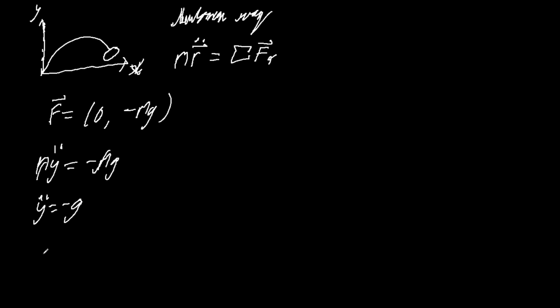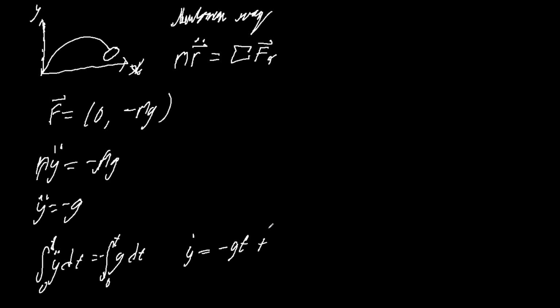We just integrate with respect to time, from t naught, which is 0, to our time t. So we start at 0 to some time. This is going to give us y dot is equal to negative gt plus some constant, which we'll call a. Then we integrate again